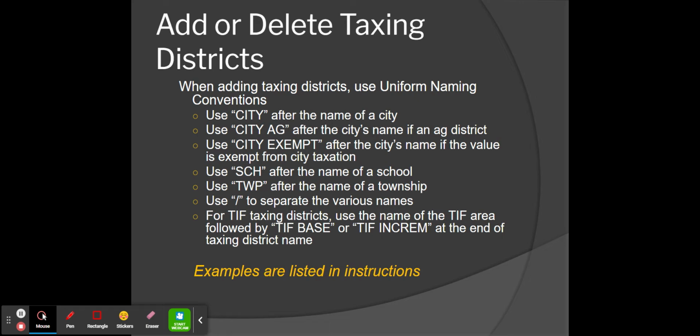And of course, for TIF districts, we want to always end TIF districts with TIF base for the base district. That's the part of value that all levy authorities tax against, and TIF increment for the increment value that is being used to generate TIF revenue. And examples are listed in the instructions. So if you have some taxing districts that you're adding, please pull out a list of instructions and review those